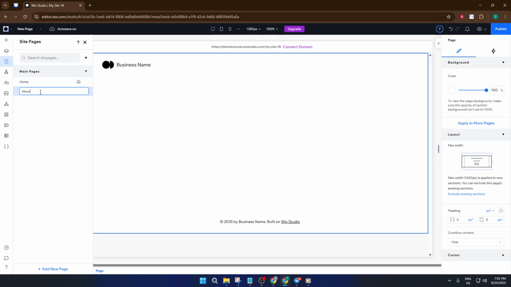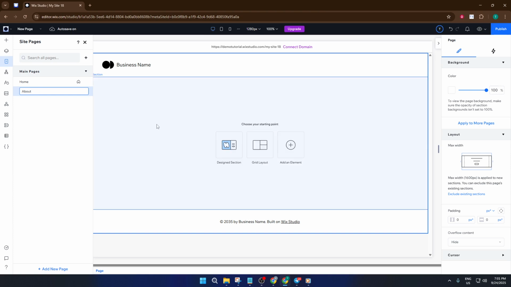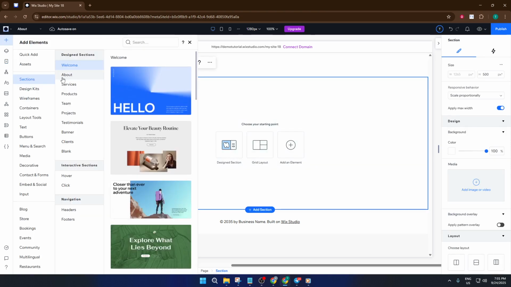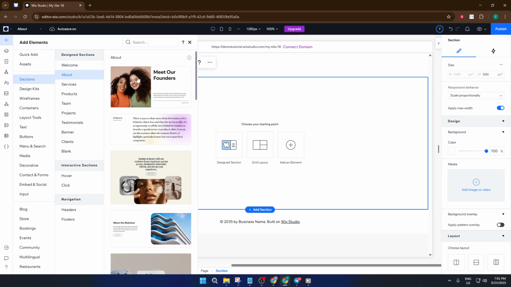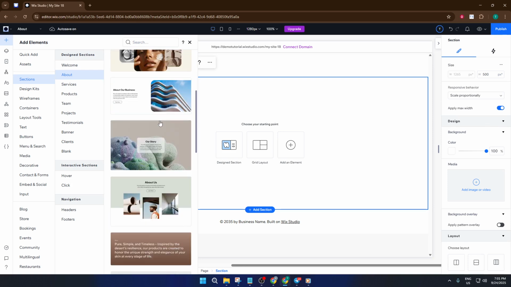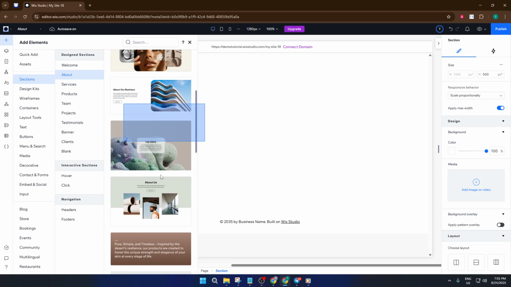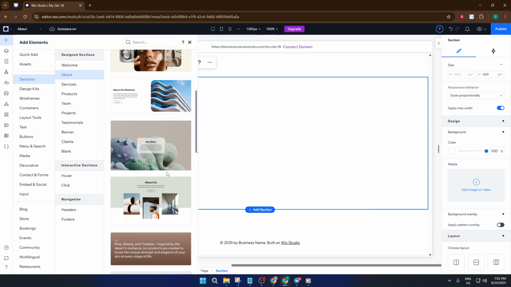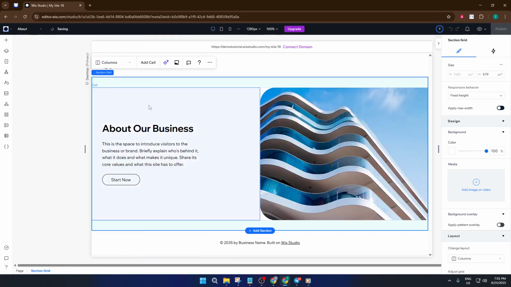To add a new page, simply click Add New Pages. It's as easy as pressing a button, but don't rush. Take a moment to consider what this new page is for and name it something that makes sense. Clear naming not only helps you as the website owner, but makes it much easier for your visitors to navigate later. Once you've created the page and given it a name, like Contact Us or Blog, you can start designing